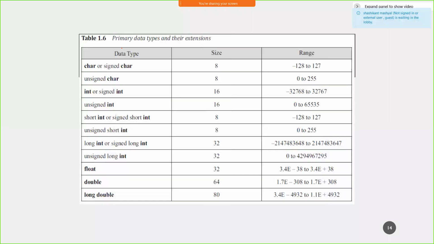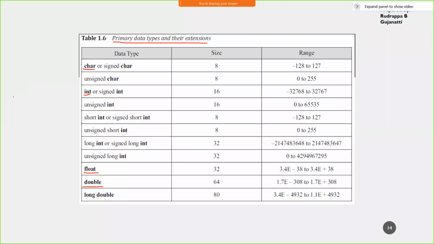Next, you have some of the extensions which are permitted for the primary data types. Remember, you have primary data types: character, integer, float, and double. String is nothing but an array of characters.